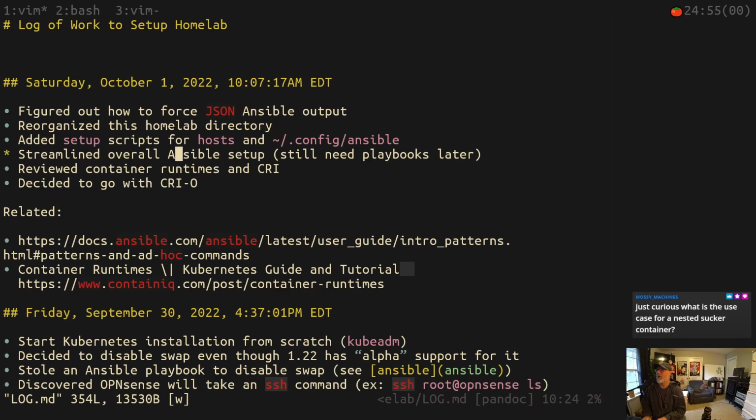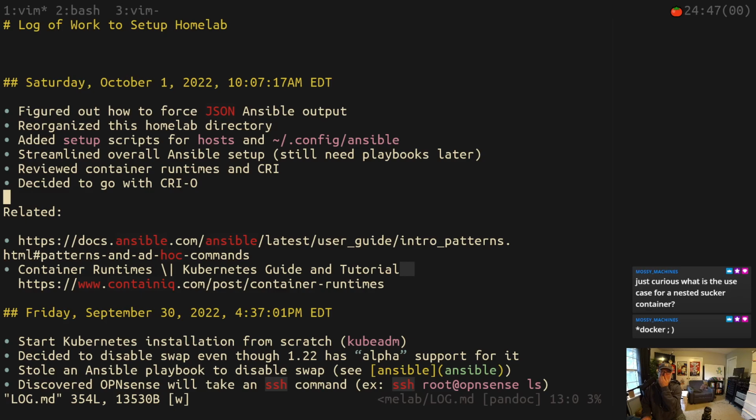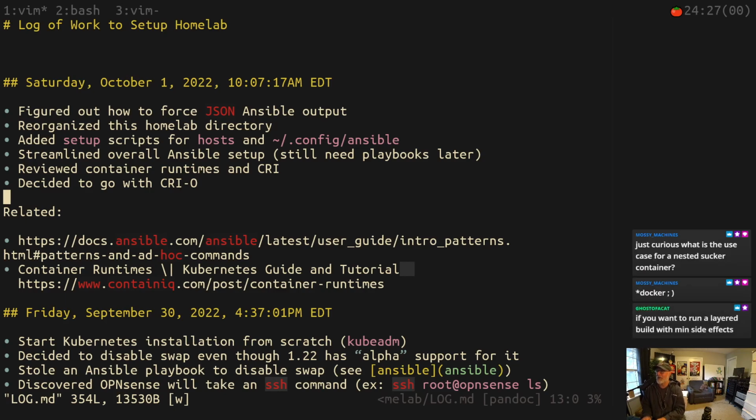The nested Docker container, I already told you. I already went through the whole thing. It's because you want to run Docker inside of a platform. Yeah, if you want to use Docker in there. So I have a workspace container. Instead of having Anton, I used to use a container for that. And inside of that container, I would want to build Docker images and stuff. And during my day, it was my workspace. And there's a million people that are going to say that's a misuse of containers. It's supposed to be ephemeral, blah, blah, blah. And I agree. But yeah,